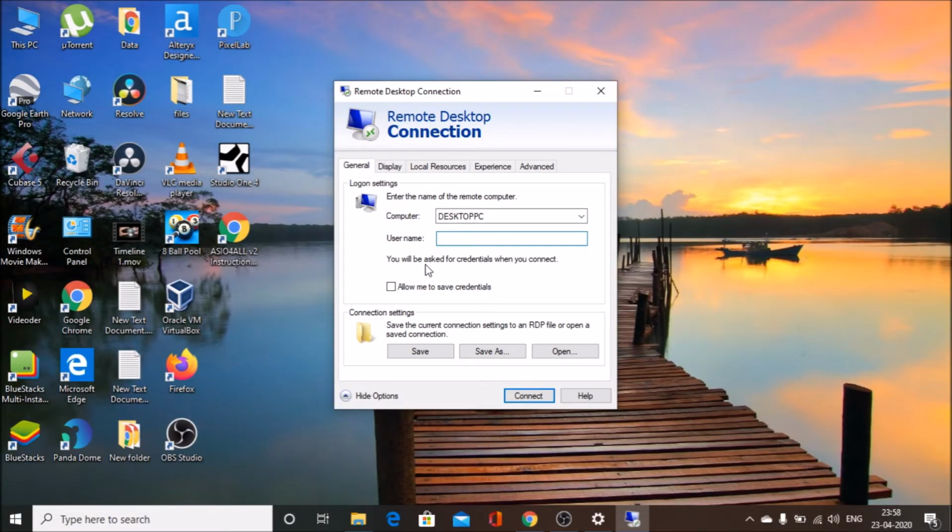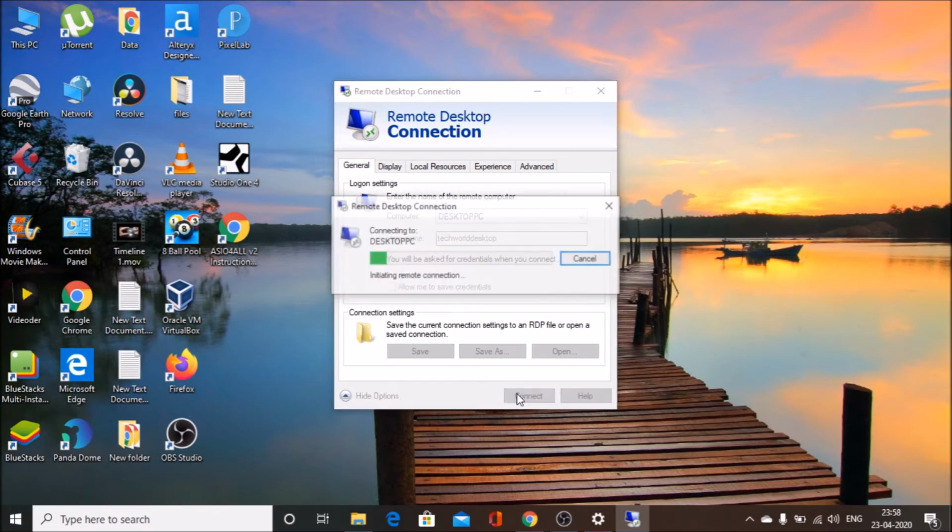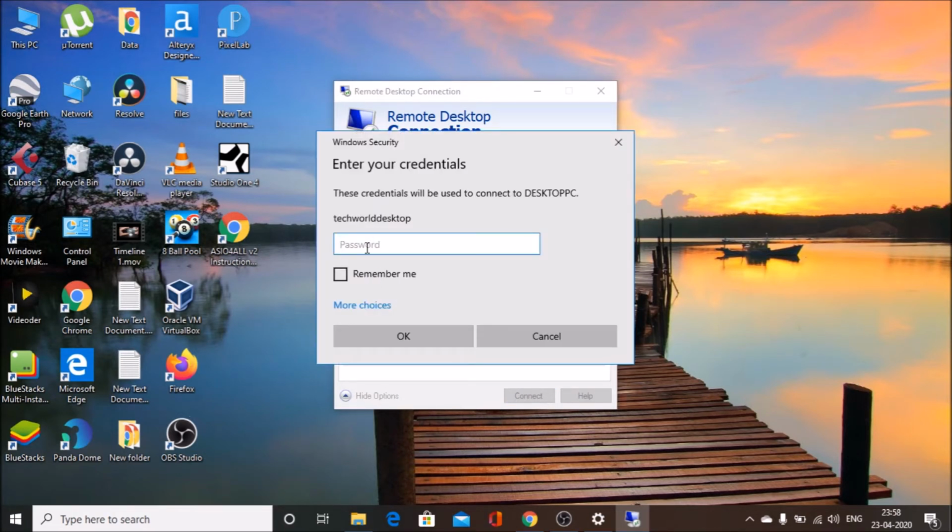I'm now on my laptop system, and I have opened up the remote desktop connection settings. I have entered the computer name, which is the computer name of the desktop, and I will enter the username here. I will click on Connect. Now I need to enter the password for the desktop. I'll enter the password here and click on OK.